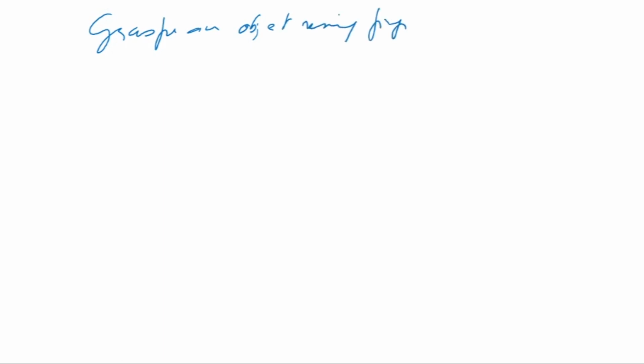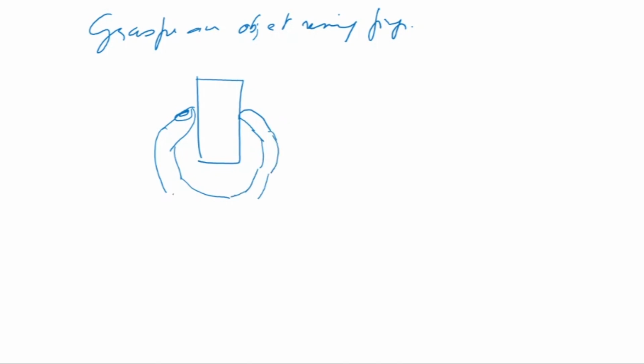using fingers, okay, so suppose I have an object here and you are grasping it using your thumb. So let's say this is my thumb, and this is my index finger. Okay, so this is my thumb and that is the index. Let me draw the index finger here. So this is the index finger.